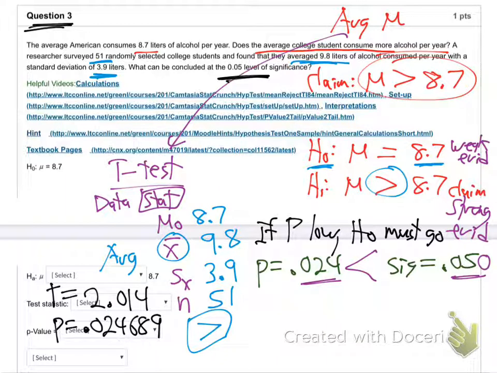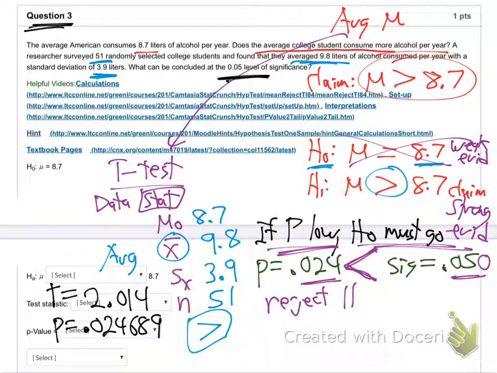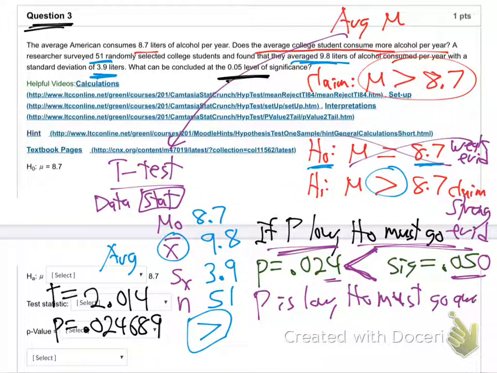So then is our P low or not low? The P is less. The P is low, huh? The P is getting the narrow side. So that means he's less. The P is low. So our P is low. So the null must go. Bye-bye, null. You're out of there. So that is reject the null. Right? Or I should say our P is indeed low. So H0 must indeed go away. And go away means reject, right? Reject the null. So we reject the null.